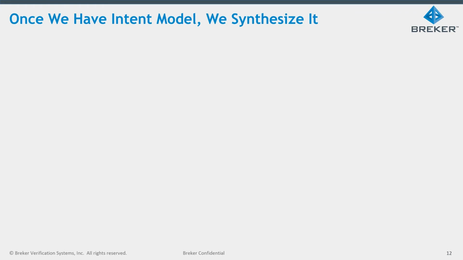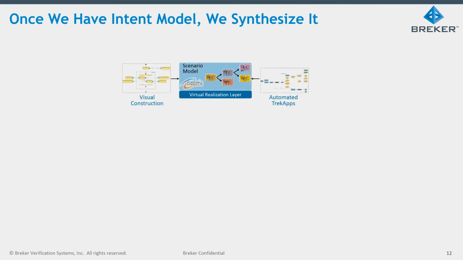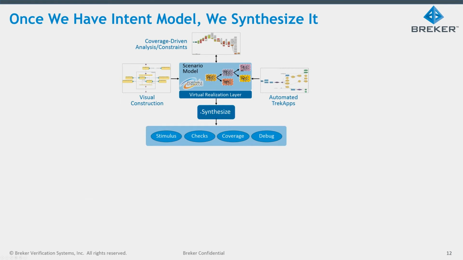Once that model is available, we send a tool off to generate test cases. What this planner is doing is beginning with the end in mind. It starts with the outcome it wants, subject to the constraints we've put on the model, and it will synthesize a test case. It's starting with what it wants to check, and it is solving for what stimulus must be driven to be able to check that. It is measuring what coverage through its model it has exercised, and it is dumping some high-level debug information so we can track the nature of the test and what is being verified.